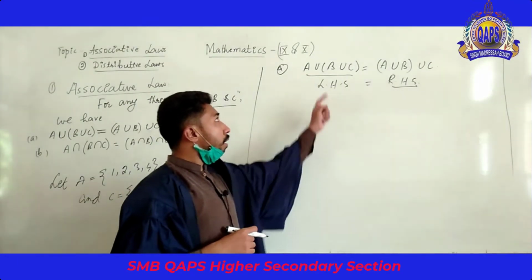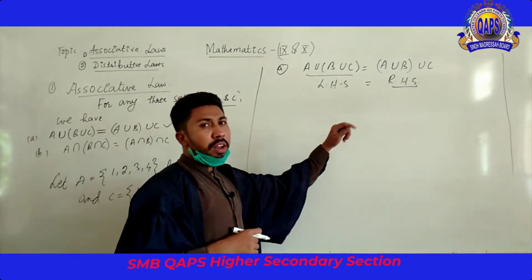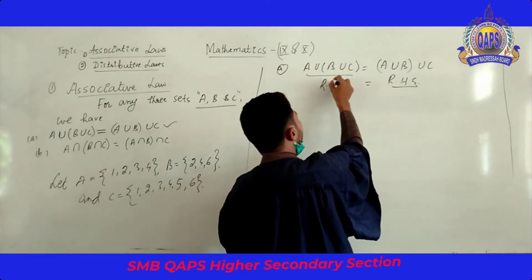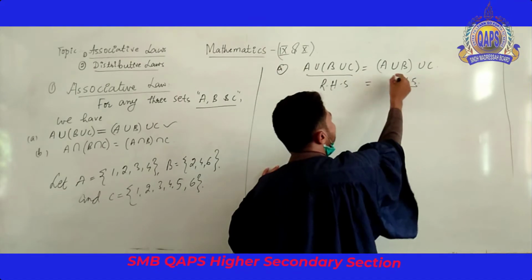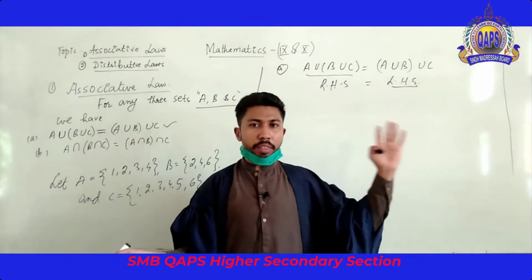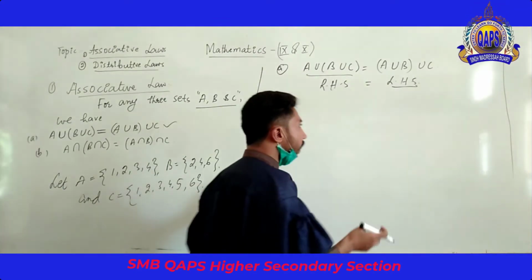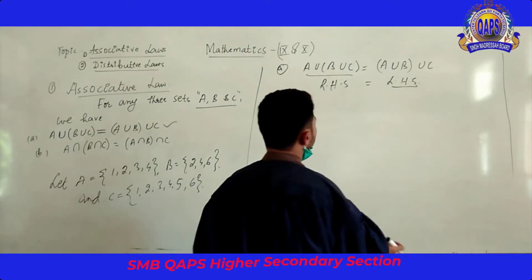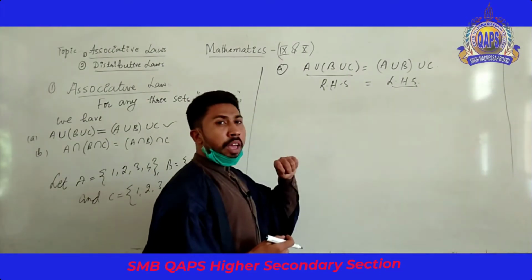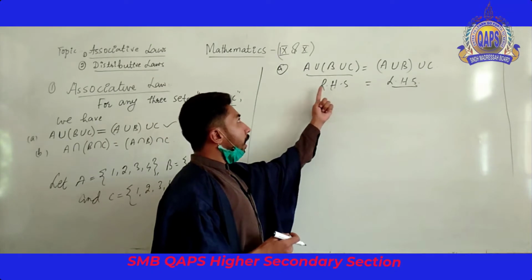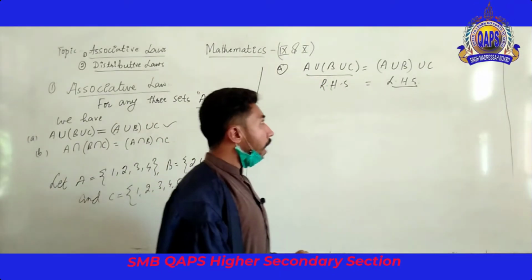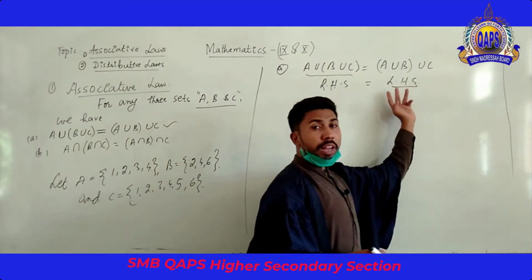First of all, we prove the left hand side, or you can say that this is the right hand side and this one is the left hand side; it depends upon you. If I say this is right hand and this is left hand, otherwise if you say that this is right hand, yes, this is left hand. So it depends upon your position. Here I am taking this part as the right hand side and this part as the left hand side.